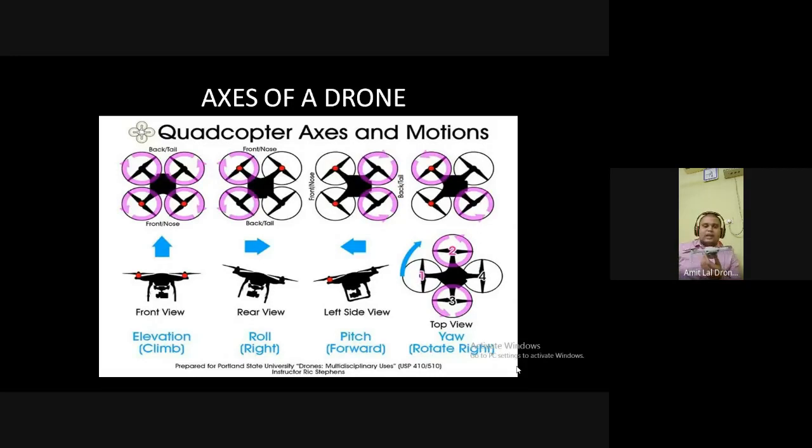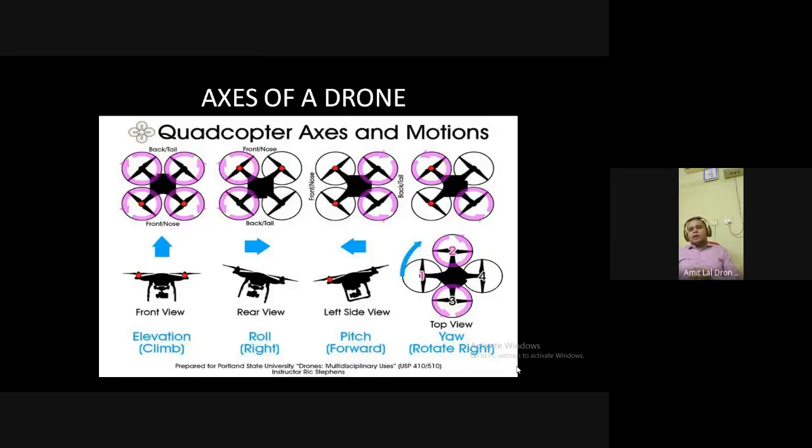And to increase the altitude, that is called throttle. So this increases the altitude and brings it down. Ultimately, you give a compound of all four motors, and they give a total of maximum thrust. For example, you have 250 grams of weight of the drone, and the motors are producing just 250 grams. So it will remain in the same place. If they are producing, let's say, 251 grams, very slow motion to the up. If they are producing 300 grams, fast motion to the up. If they are producing, let's say, 240 grams, slow motion towards the down. So this is how the motions are attained.